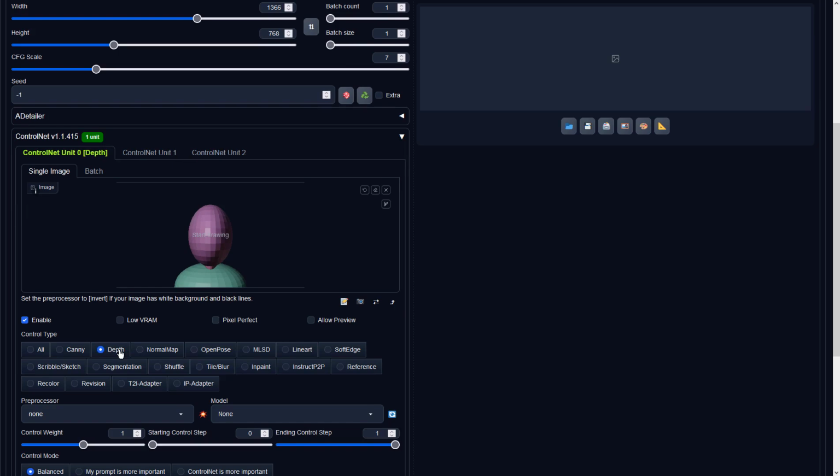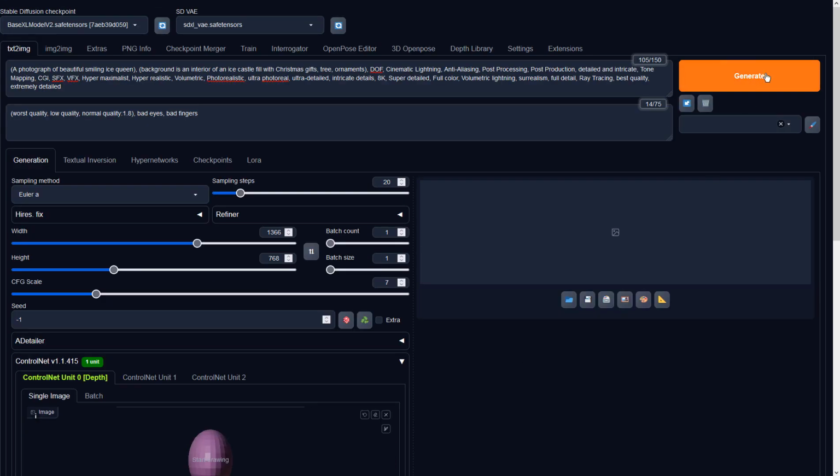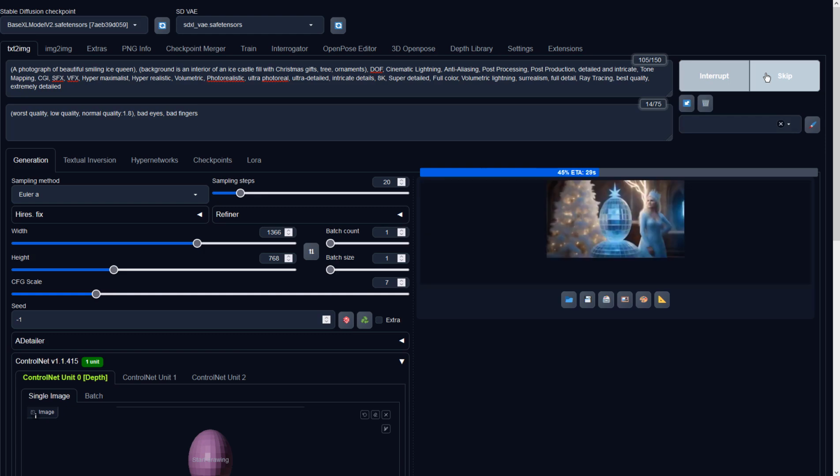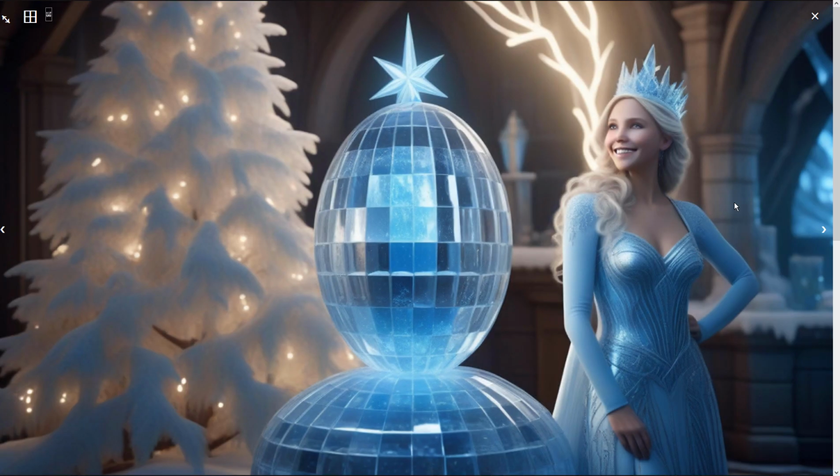Please set the preprocessor to none, and select the correct depth model. We want the sphere to be the primary character.